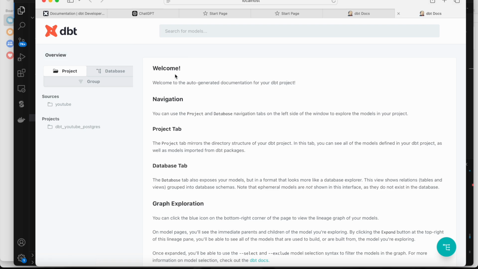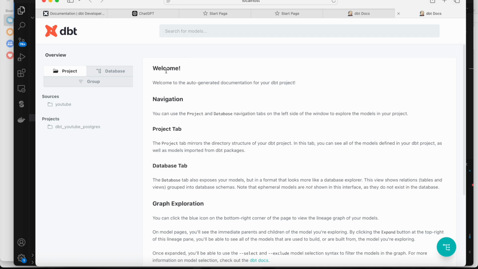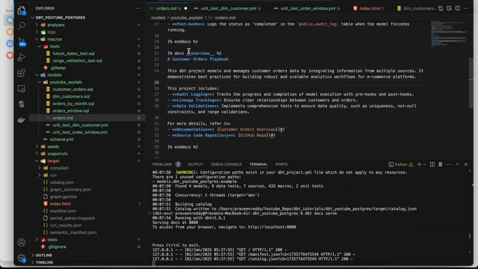Also, when you go to this overview, everything is gone here. It's the default information which DBT has generated. In case we want to customize this overview page, we can even do that as well. When I press Control Z here, see, we can mention dbt underscore overview, and the header, description, subsections and the bolded things. When I save it and close this session again,